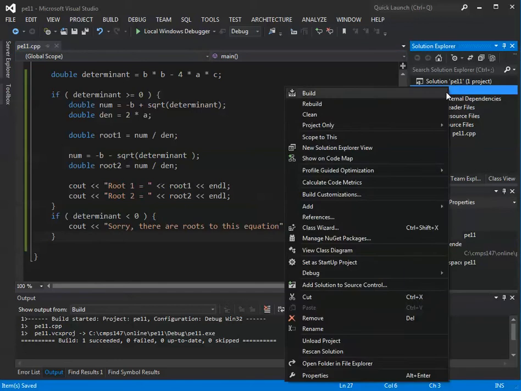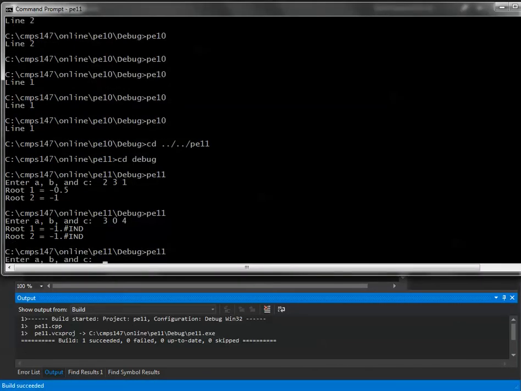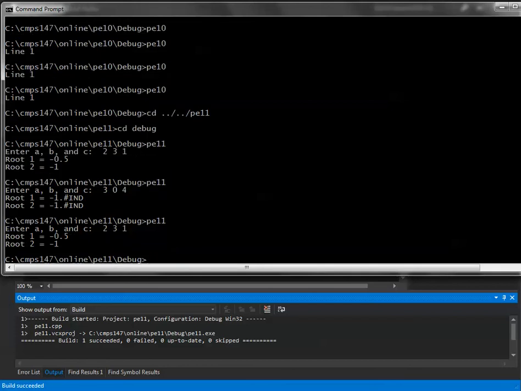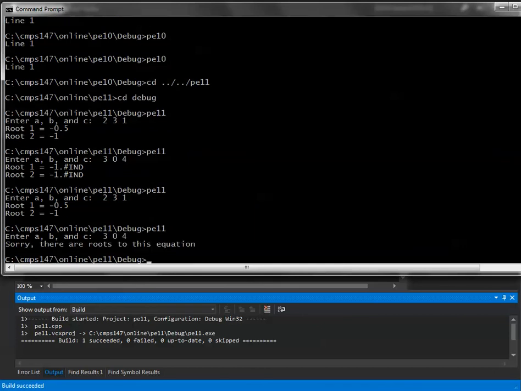So we build it and give it a run. Let's test our initial test case first, make sure nothing went wrong. Yes, that's still good. We'll type in 3, 0, and 4, and now we see, sorry, there are no roots. So using an if statement,